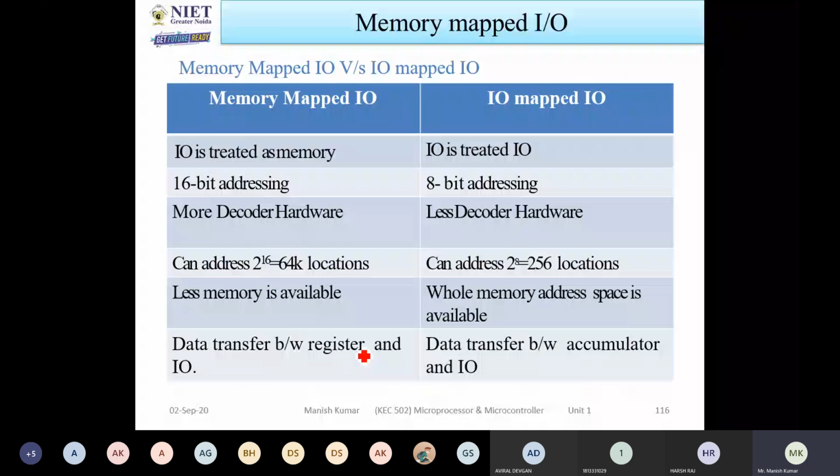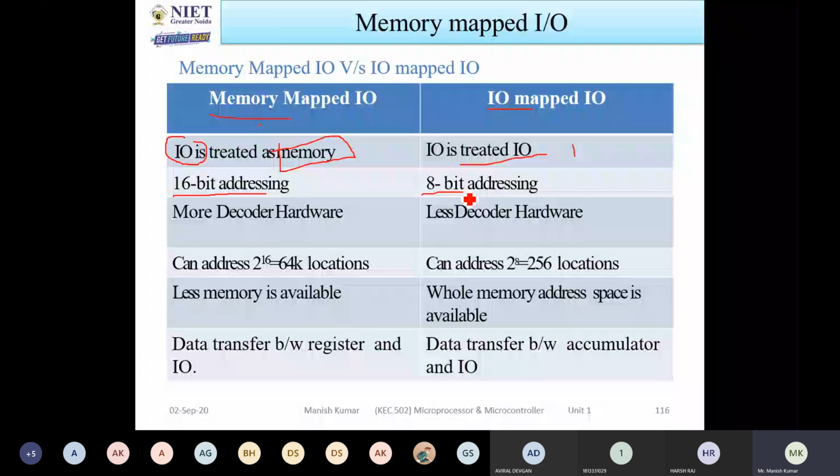So now here in memory mapped input output, you are using input output devices as a memory, correct? In the case of input output mapped input output, you are using the input output device. Simply, if you are using an input output device, then it is input output mapped. If it is using memory as an input output device, it means that it is memory mapped. Now, it is a 16-bit address, since the memory address range is 16-bit and the input output port address is 8-bit. So this will address 8-bit and this will address 16-bit.